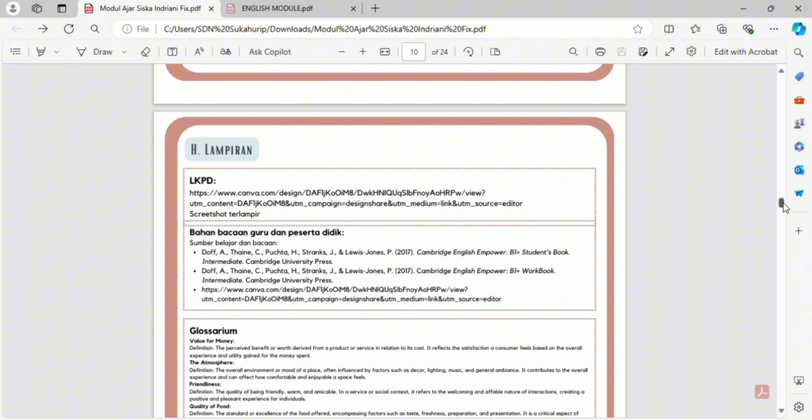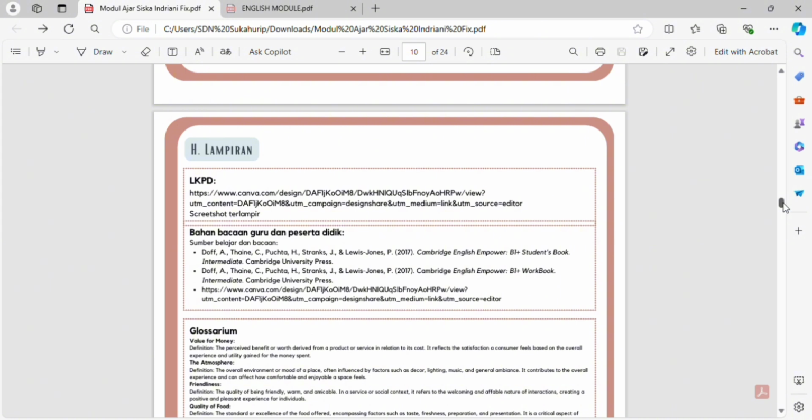There are teacher and student reading materials. These are resources intended for both teachers and students to use during the learning process. And then glossary.